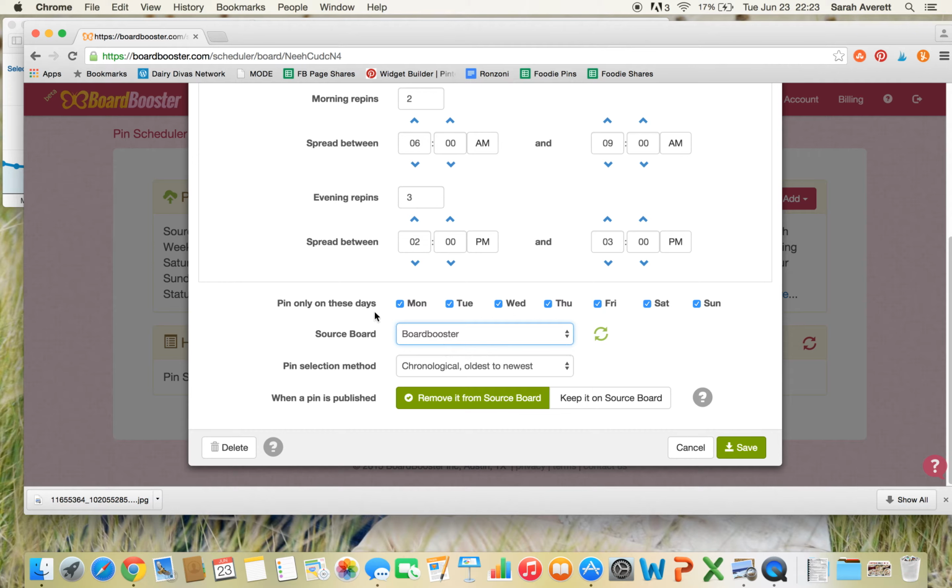The great thing about this is now I can set the source board for all of the other group boards that were in Board Booster that you just saw. I can set all of them to be Board Booster as their source board so that I only have to get all of my pins on one board and they will all disperse to all those different group boards. I think it's brilliant, so then you're not pinning everything to each individual secret board that it made for each board in Board Booster. So that's probably my favorite function about Board Booster, just how easy and convenient they are